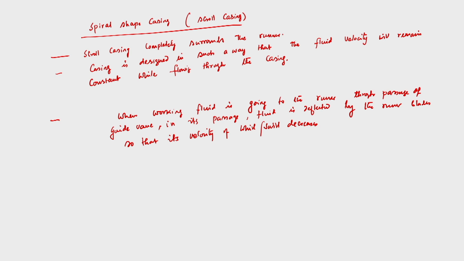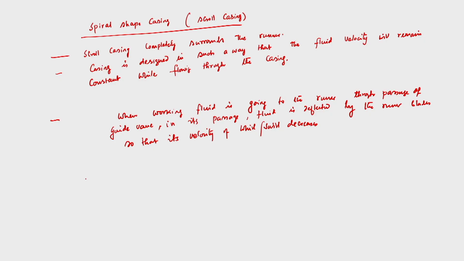So let us first now discuss the working function of the guide vanes. As I said, guide vanes are placed around the periphery of the runner of the turbine. Guide vanes are pivoted by a suitable mechanism, and all of them can be tuned at a time essentially to alter the direction of flow depending upon the requirement, and they can be tuned by the speed governing mechanism. So what are the functions of guide vanes?